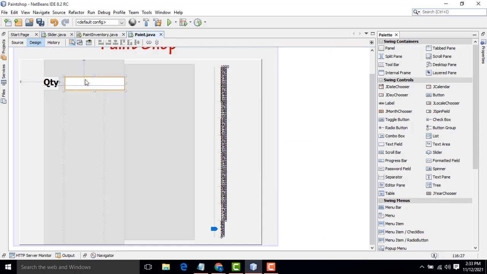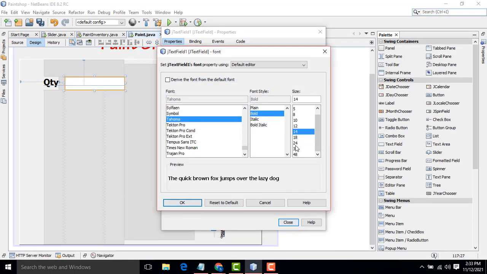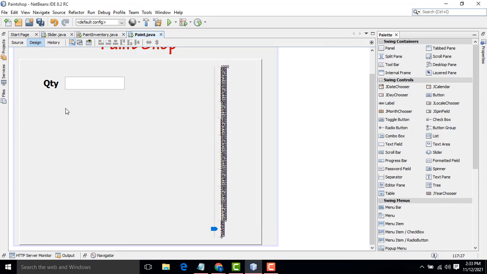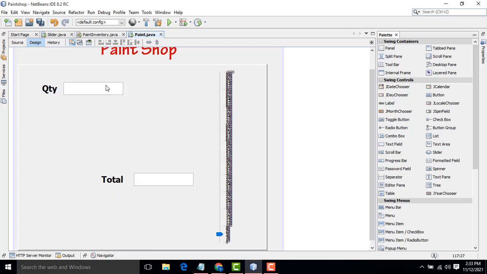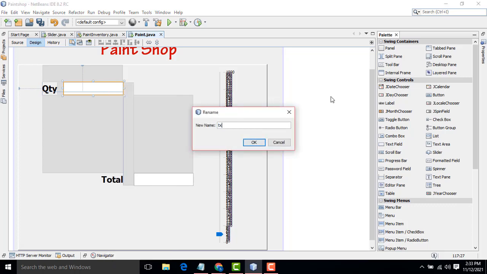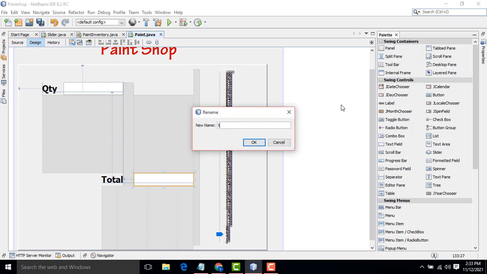The same thing here. This also font size. Select this one. Properties, font size also 24. Perfect. I just select both, Control C to copy, Control V to paste. This one should be the total price. You have to see the total price over here. So this one you have to name as txt quantity. This one I am going to name as txt total. That's it, the names.